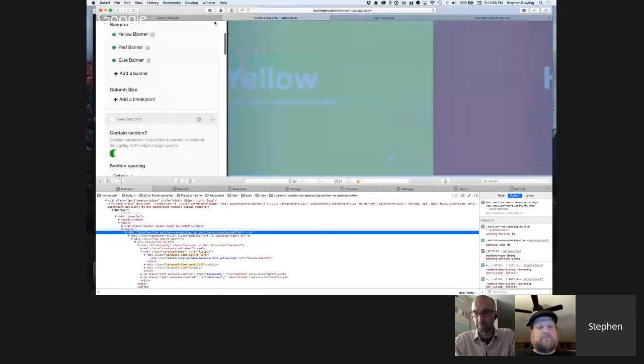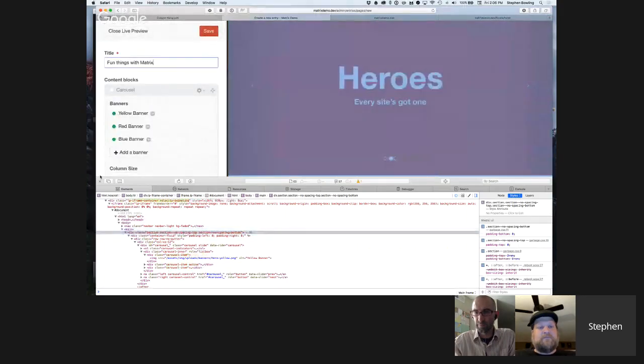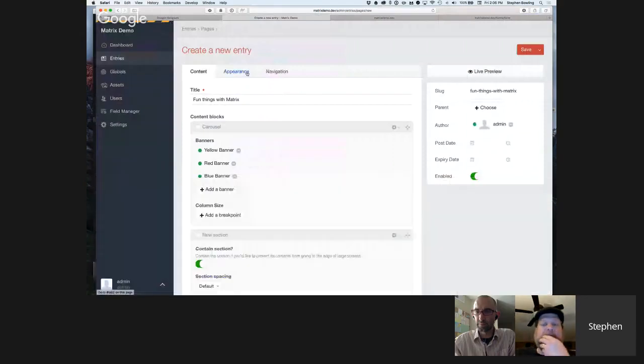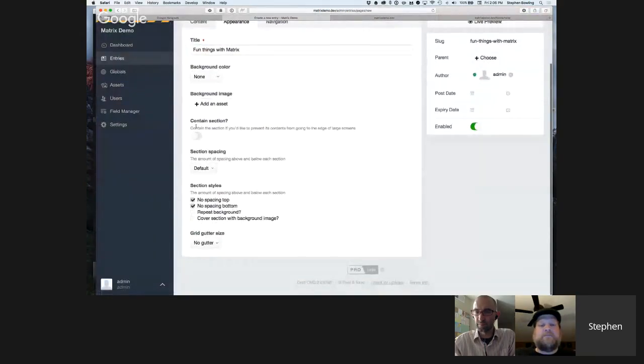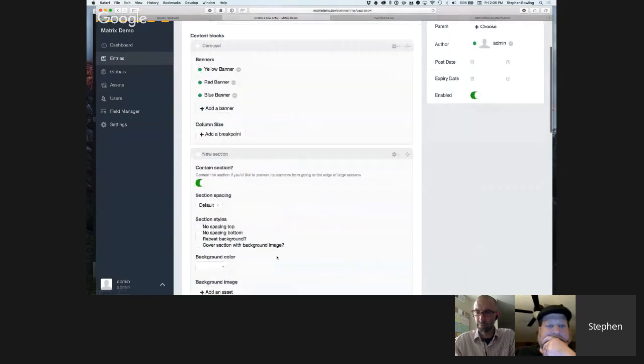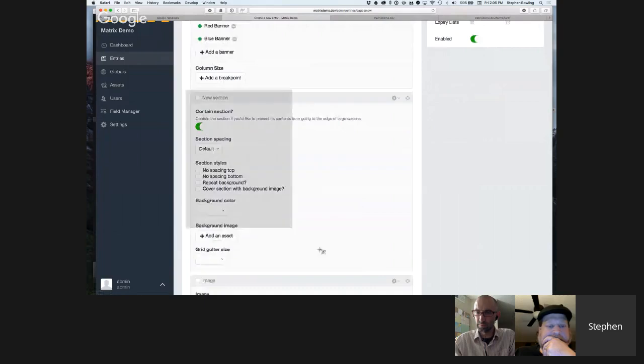So I'll go out of live preview mode here. And there's this appearance tab that has the section settings. So contain section, section spacing, section styles, and then the grid gutter. So that's for the first section that's output on a page, which is output always by default. So they don't have to add the first section. Then on the matrix, we have those same fields repeated. So new section, contain section, section spacing, and all that. So it's both, uses the same template. It's just included, and it passes in